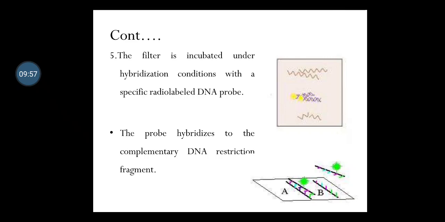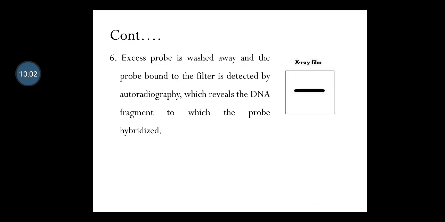The Southern blotting technique is a very sensitive method, and it is used to map the restriction sites around a single-copy gene sequence in a genome. It is also used in preparation of RFLP, that is restriction fragment length polymorphism, maps, DNA fingerprinting, and identification of transfer genes, etc. Nitrocellulose paper, being very fragile, is now replaced by the nylon membrane.